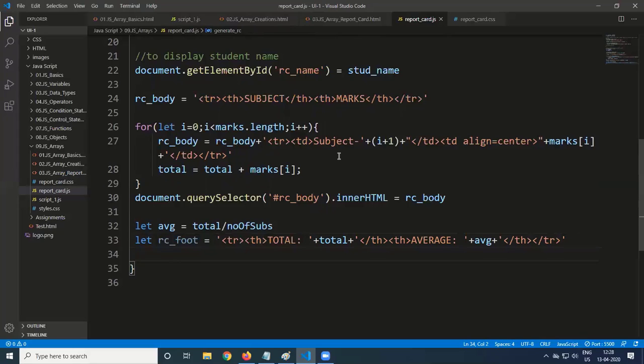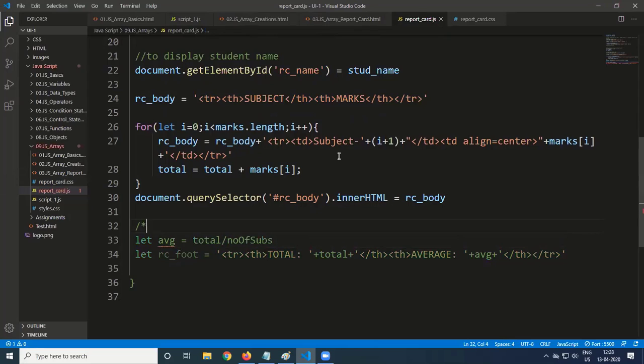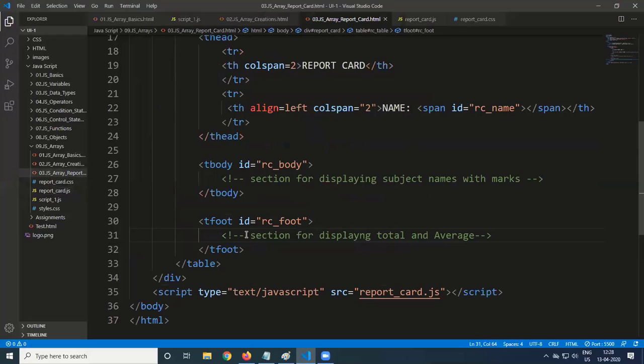So this data I want to display, generating footer section content. So table row and all. So this data, we want to put it inside this place, RC underscore foot.